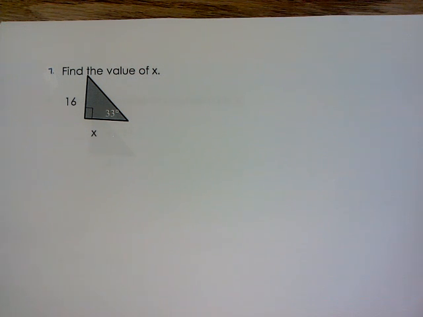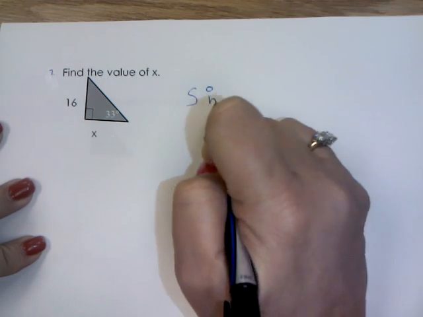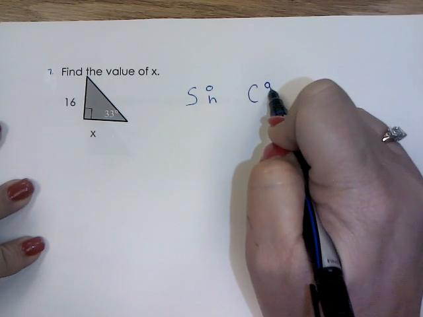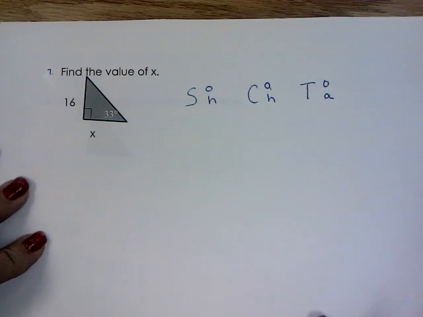What happens when I don't have Mr. Special Triangle? Well, when I don't have Mr. Special Triangle, I have to use our trig functions. So what are our trig functions? That's my Sohcahtoa. Sohcahtoa is an acronym for